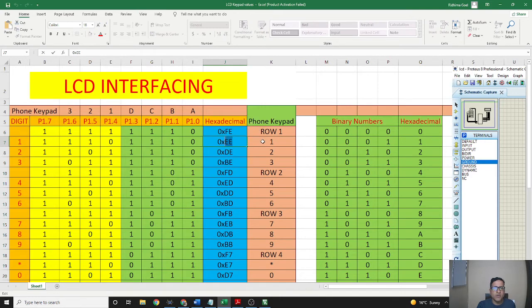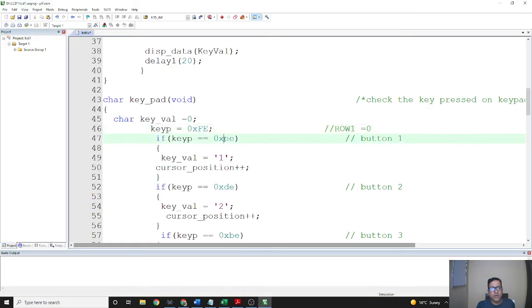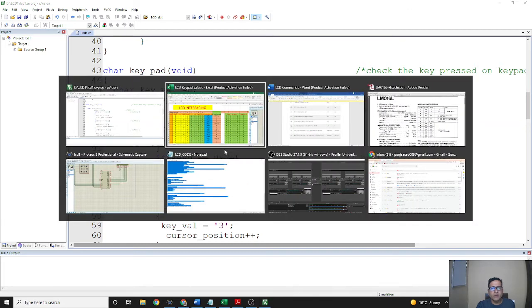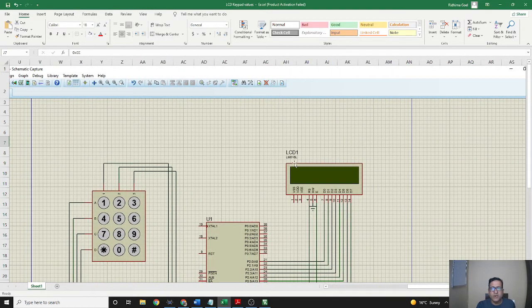This means digit 1 is pressed, and our hexadecimal number will be 0xEE. So in this code, if 0xEE, here EE is written in small, you can write it in capital also, there is no difference, then we will say key value will be 1.